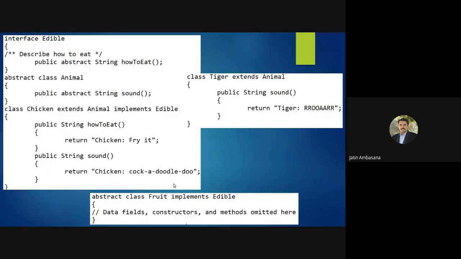So you can see this fruit class implements edible, but it does not provide the method, so it becomes abstract. It needs to be declared as abstract.